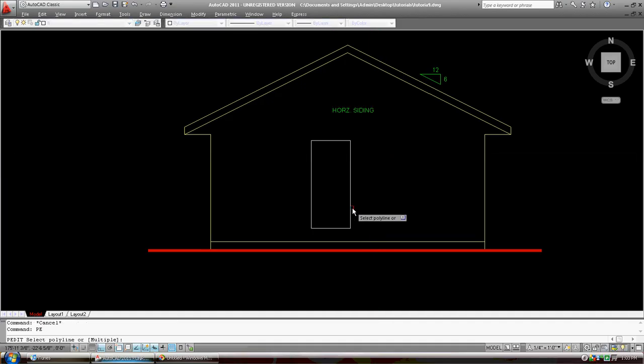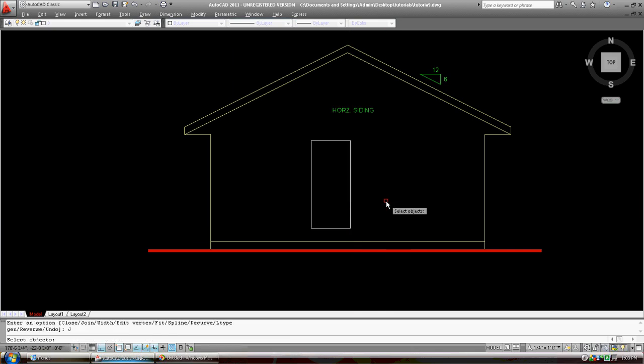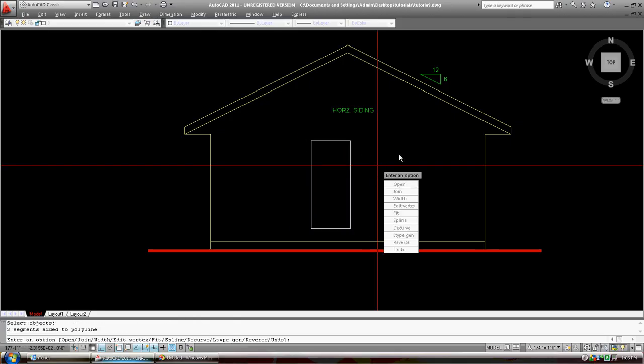P edit. Polyline edit. Click on it. It's not a polyline. You want to turn it into one? Yes. I want a J for join. And I want to join all of these. Then I am going to get out of the